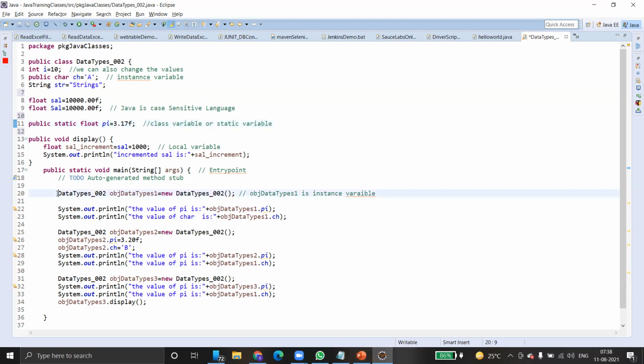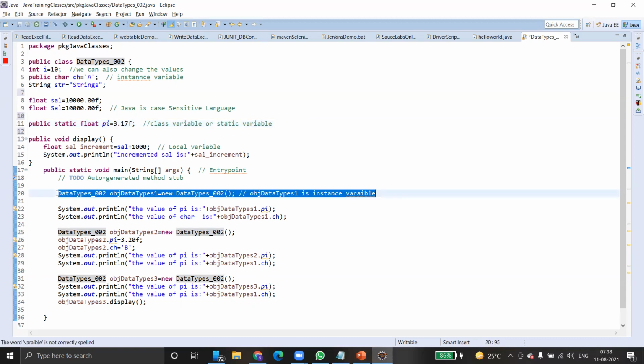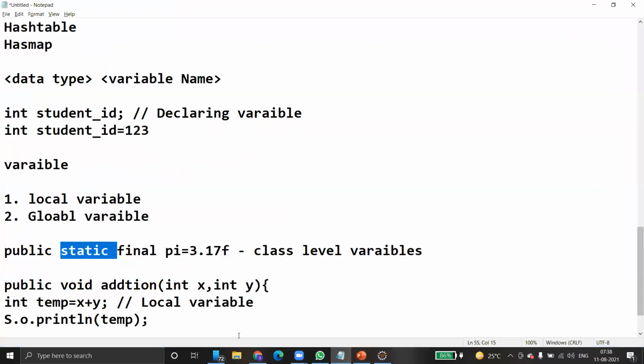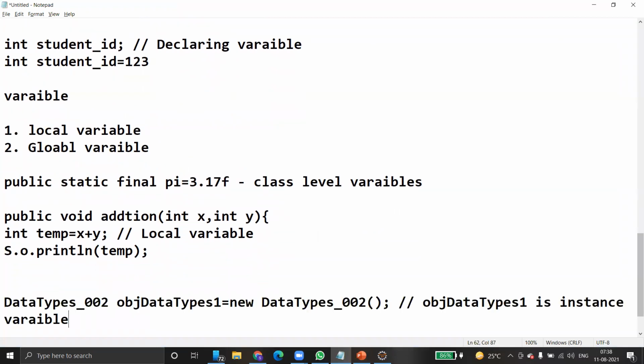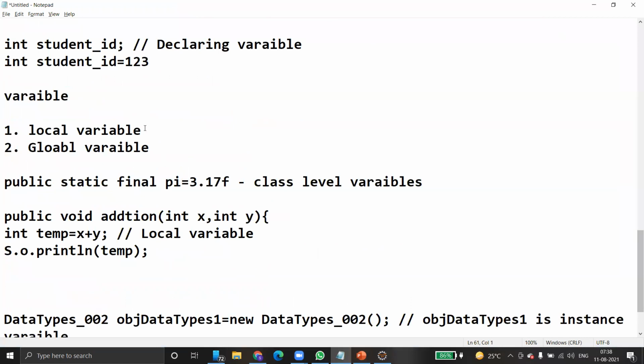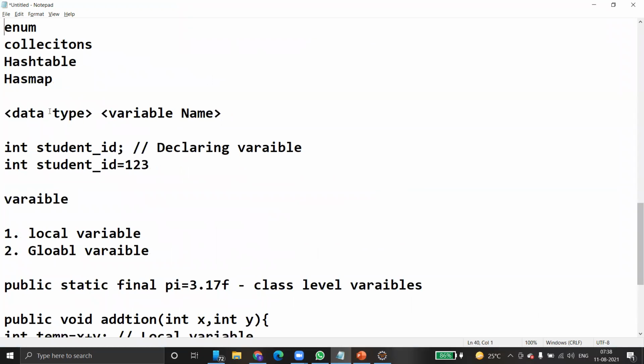Let me explain this step. What does this step basically do? We are creating a variable. How do you create a variable? As I told you, we follow this syntax: data type and variable name. If you create integer student ID, automatically this variable is considered integer type.